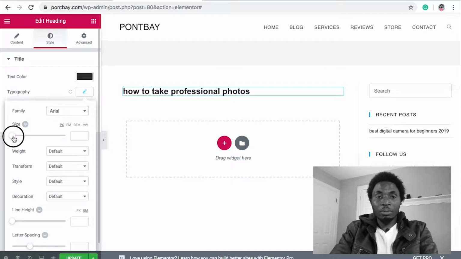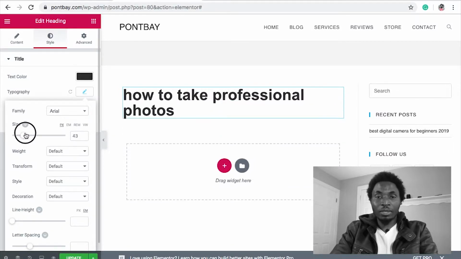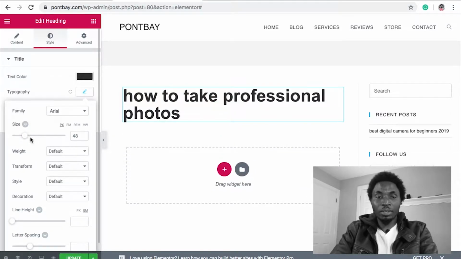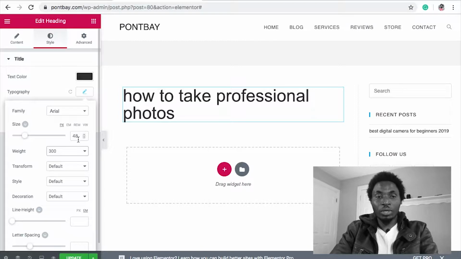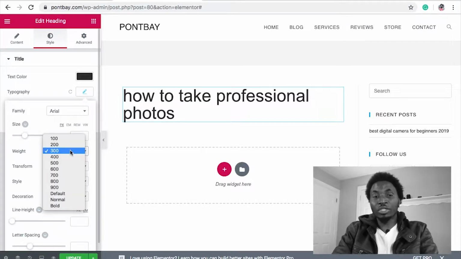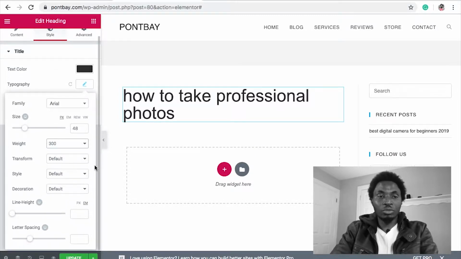You can mess with the size right here. You can make it bigger right here, and then you can come to weight. So I will do 300. Basically what that does for you is that it changes the weight of the text that you have. And then another thing I like to do is